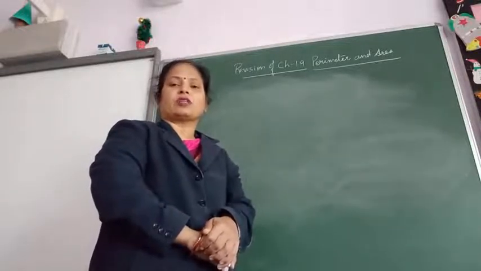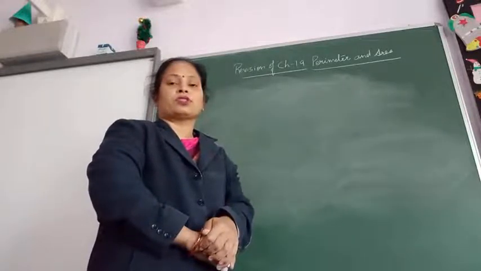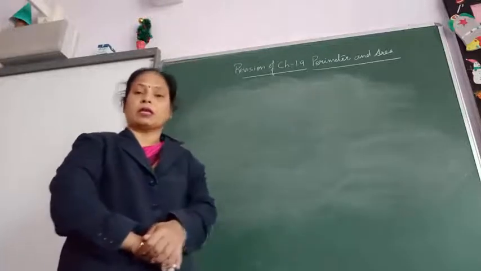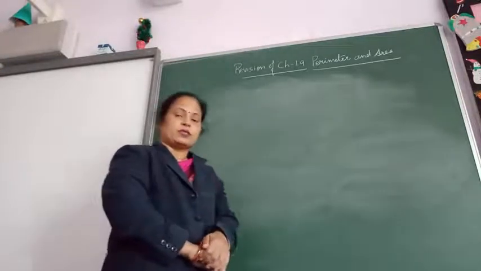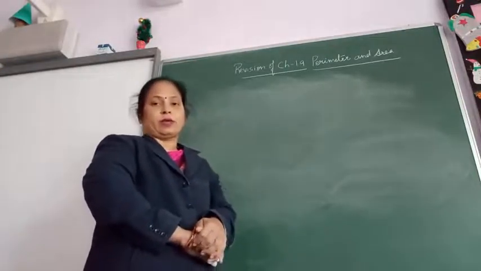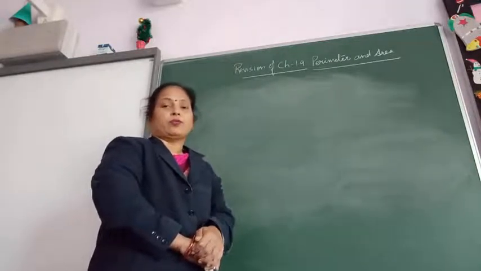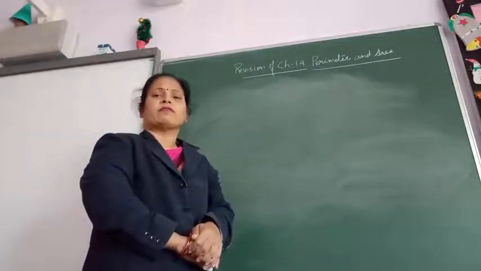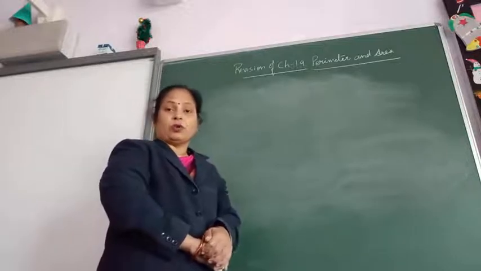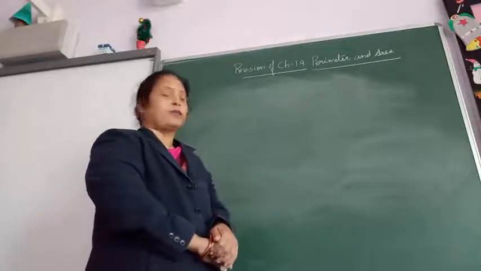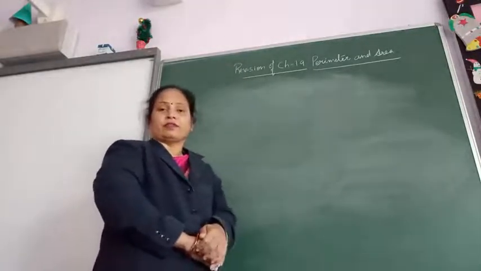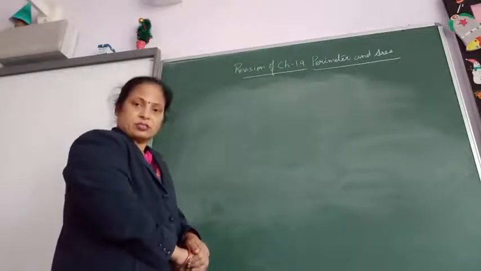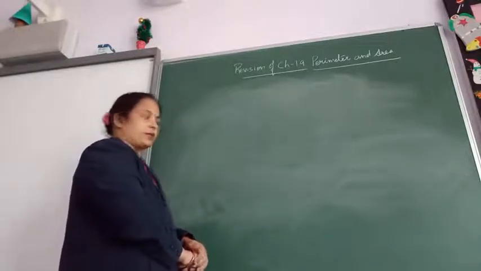This video is for class 4 and today we are going to do the revision of chapter number 19, that is perimeter and area. Now children, suppose I give you two chocolates, okay? And I told you to take one yourself and give one to your friend. So you want the bigger one, obviously. So how are you going to identify which one is bigger? By seeing the shape and size. So let's find out that.